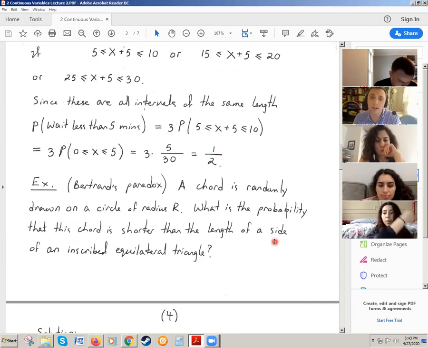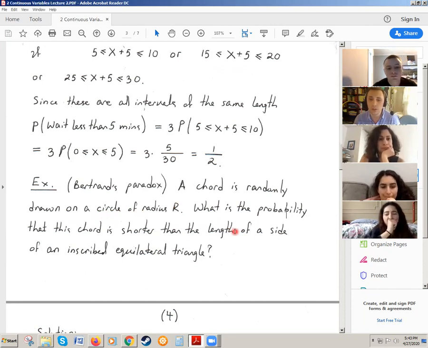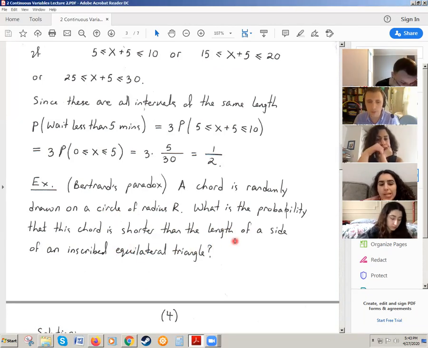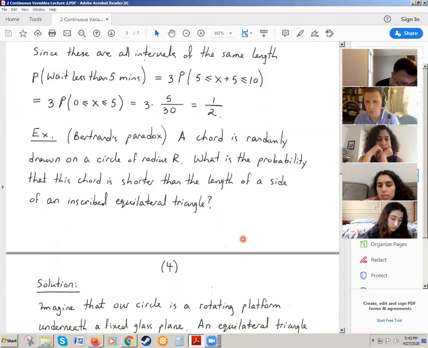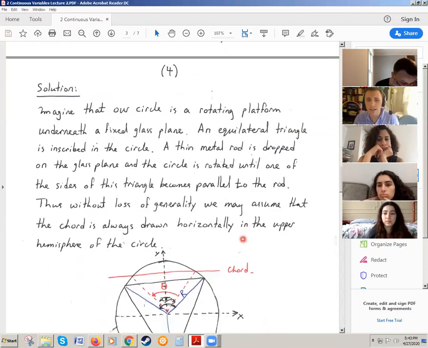So Bertrand's paradox. We have a chord, and the chord is randomly drawn on the circle, and the circle is of radius r. What's the probability that the chord is shorter than the length of a side of an inscribed triangle? So first of all, there is geometry involved in this question. Later on, I'll present Buffon's problem. Well, the geometry is going to be slightly more complex. So let's try to understand